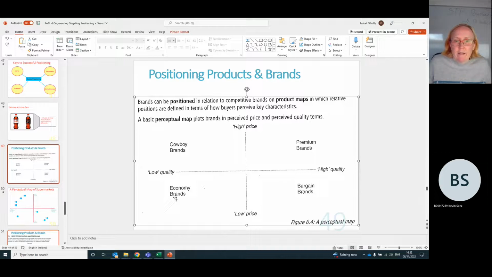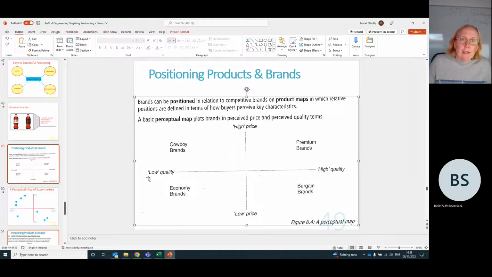Low price, low quality are economy brands. So people who are price conscious, price sensitive, are willing to accept an inferior product, a product with fewer features, if it's going to be cheaper. They are mainly concerned with getting the cheapest product. If it still just barely satisfies their need, they're happy enough with that because money is an issue for them. And so they actively are looking for economy brands, and they serve a function in the marketplace.